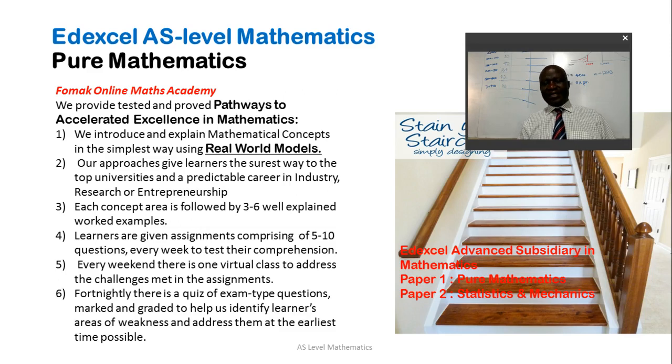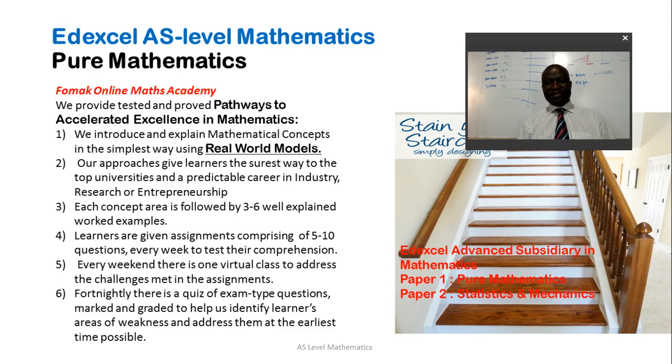The other example is when a football is kicked in a pitch, it moves in two directions, horizontally from the footballer and vertically into the air. But the shape that it takes eventually is a parabolic shape. So we use these models to calculate that horizontal distance and the vertical distance and the time that that ball stays in air. This comes both in pure mathematics and in mechanics, where we deal with trajectories. So that path is called a trajectory. The path that that ball follows is a trajectory.